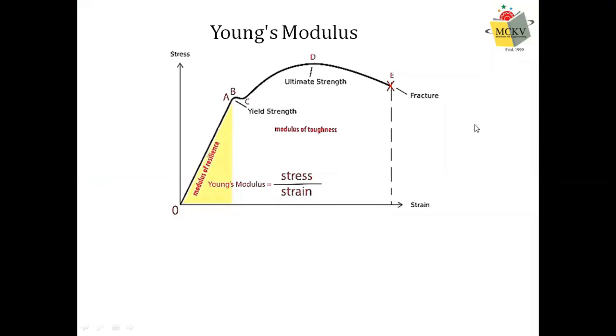This is a very familiar graph to you. This graph is stress versus strain, and from your high school physics you know this graph of stress versus strain. Here there is a straight line portion. You can see stress is directly proportional to strain up to this point, and this region where stress is proportional to strain is called the elastic limit or the proportional limit. Beyond this, there is no longer a proportionality between stress and strain, and this region is called the plastic region.